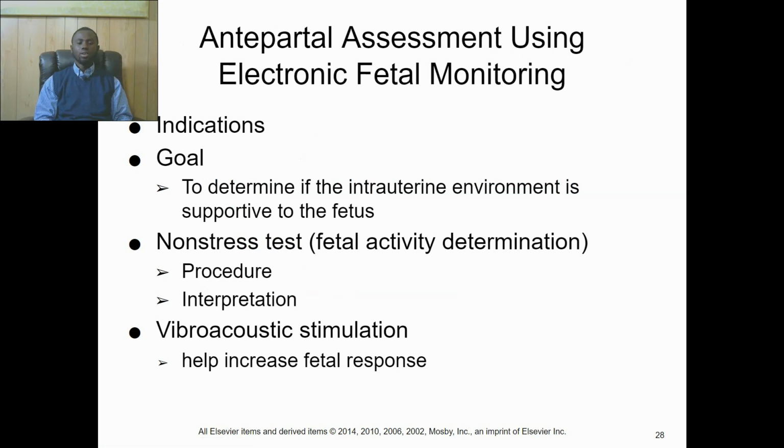There is also electronic fetal monitoring that can be used as a form of diagnostic tool to determine fetal well-being. It is used to evaluate the fetal heart rate by electronic fetal monitor in response to fetal stimulation and movement. You have the